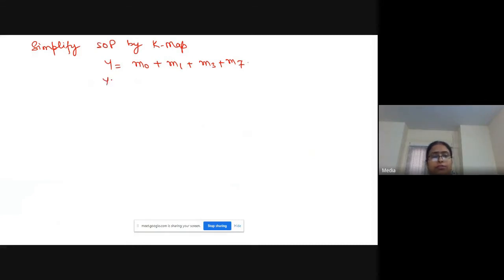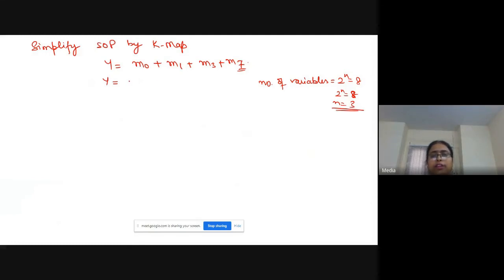So I can also write it in the form of variables ABC or PQRS, whatever I want to take. Now, first of all, tell me how many variables are there in these expressions. The maximum number of variables is 2 raised to power n equal to 0 to 7, means 8 are there. So n equal to 3. So number of variables will be equal to 3.